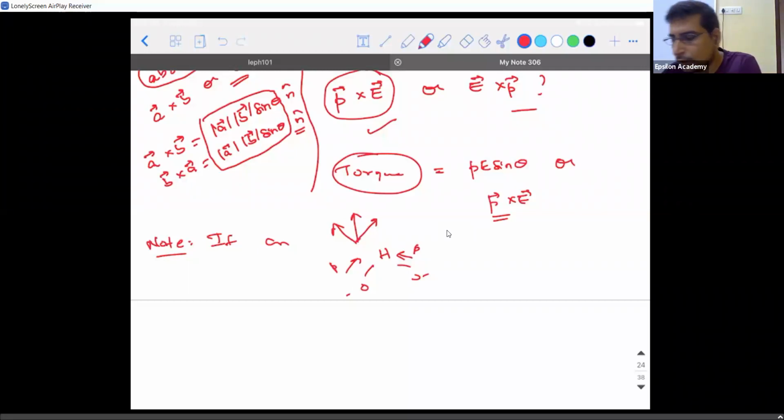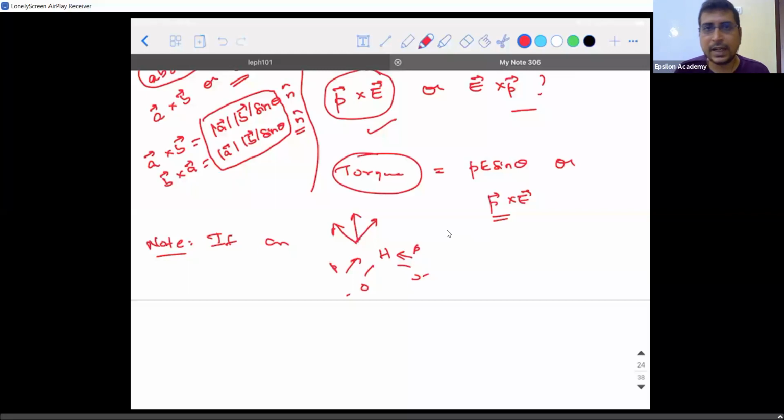Rita, see, it is difficult for me to show something with charges. Let me show what exactly is translatory and rotational motion. I'll show it with the help of a magnet, but I want you to have one thing in mind, don't get confused. Whatever is acting like a north pole will be like a positive charge in an electric field. South pole will be a negative charge in an electric field. So I have a north pole and a south pole. Can I call it a dipole? It's a magnetic dipole, correct?